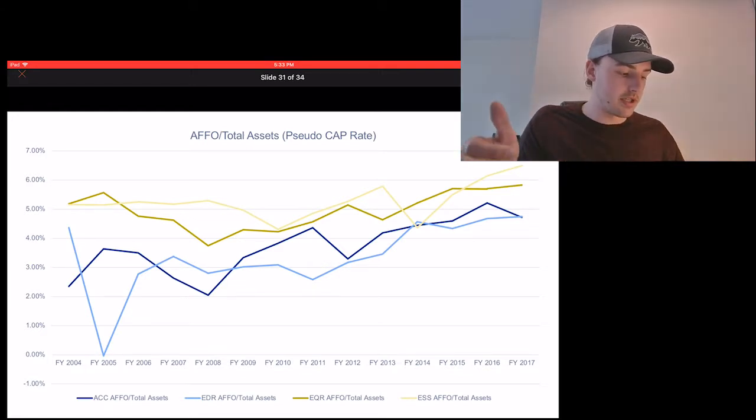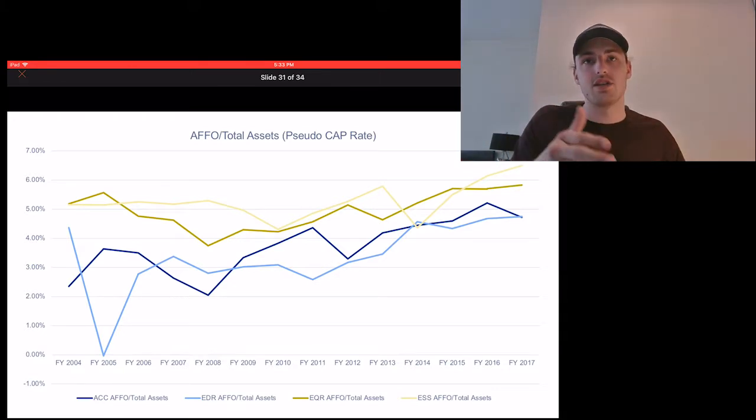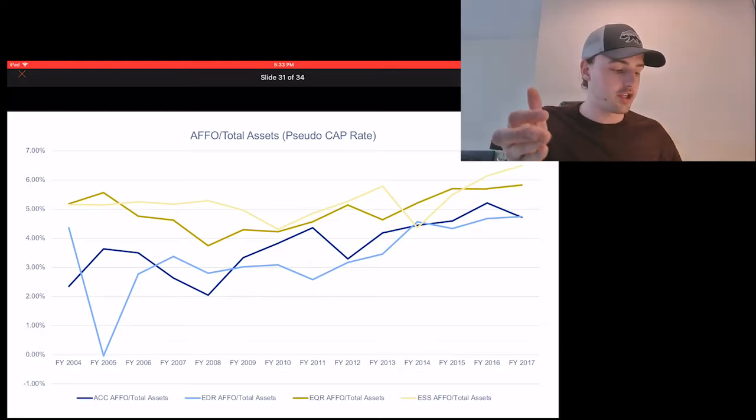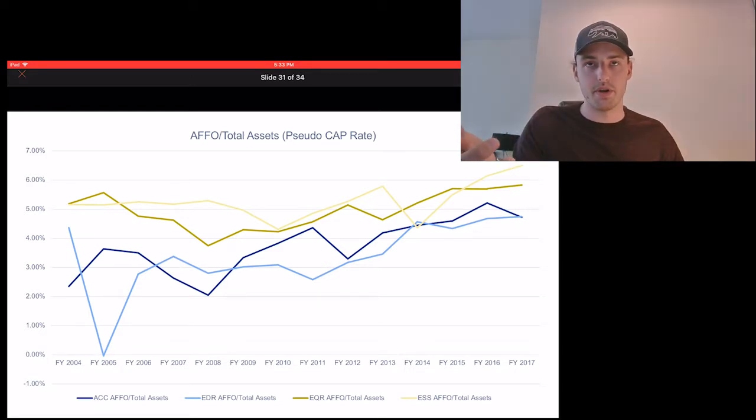Obviously, the adjustment is non-cash in accounting valuation, so the holding period return of the asset actually doesn't materially change, because the holding period return is based on the price level that you buy the asset at, and not